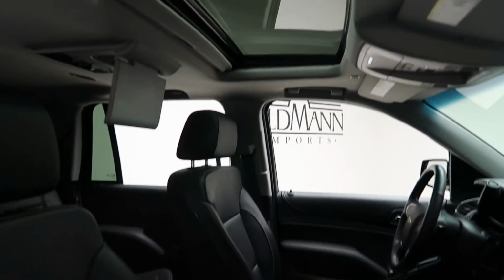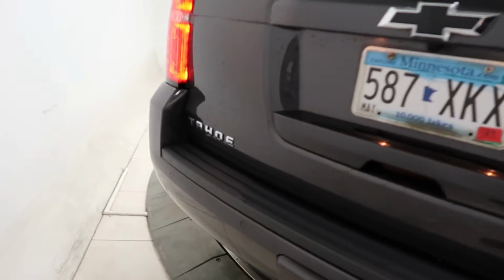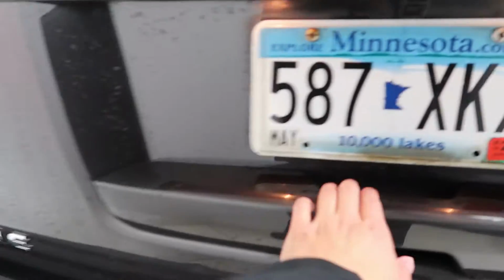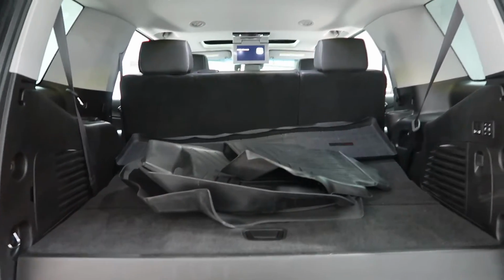Tahoe badging on the side, black leather interior, sunroof, rear climate controls, rear seat entertainment, third row seating, LT badging on the side, some more badging on here, Tahoe, power liftgate, fold down third row seats, clean set of all-season floor mats,